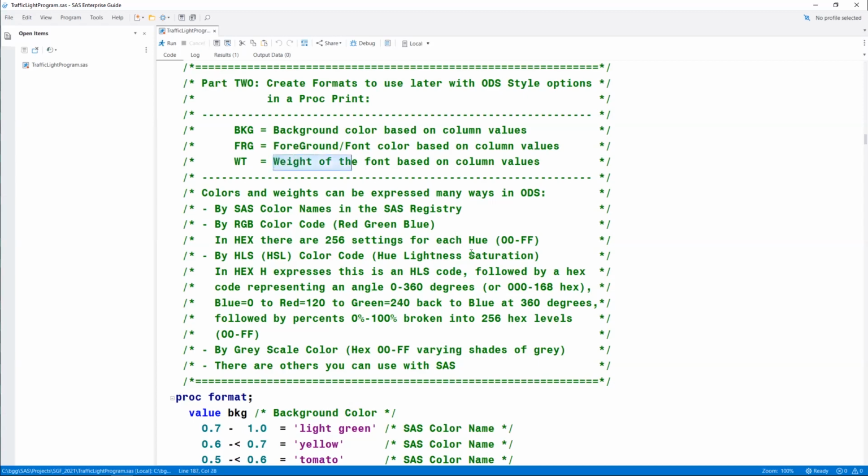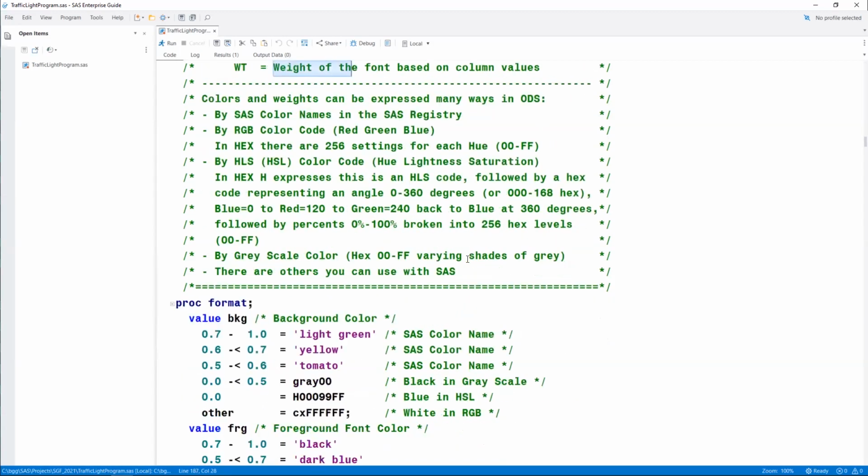And in the world of color, there are many different codes that are standardized in the industry. One that I like to use mostly because it's simply naming a color is SAS color names that are available to you in the SAS environment.